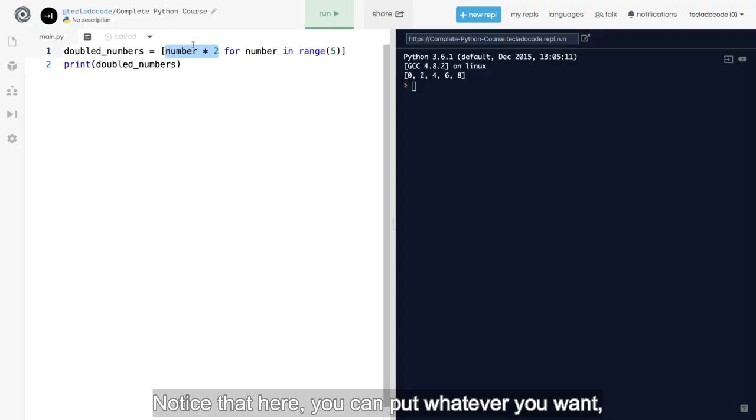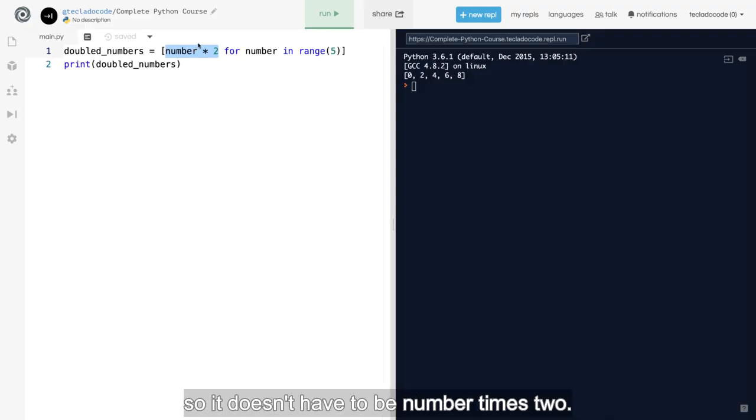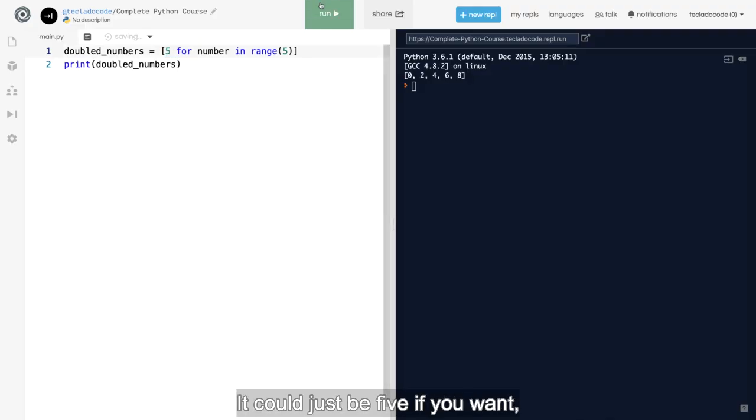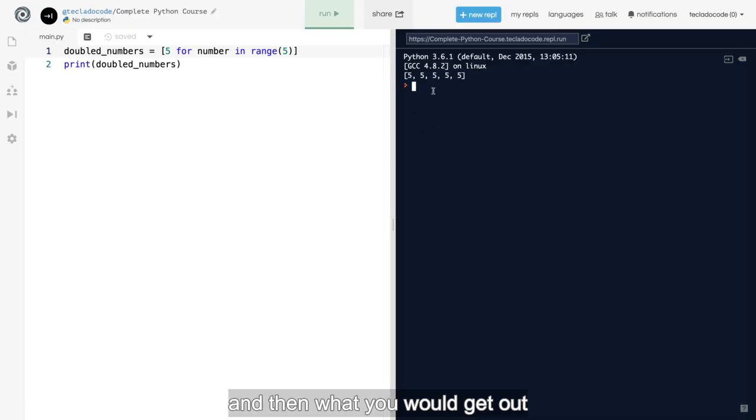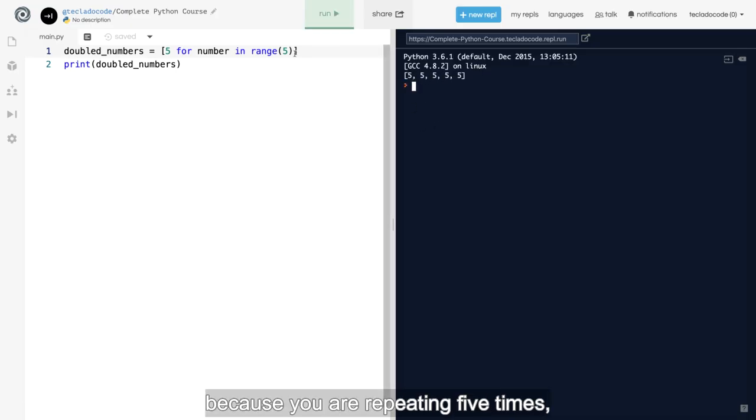Notice that here you can put whatever you want. So it doesn't have to be number times 2. It could just be 5 if you want. And then what you would get out would be 5, 5, 5, 5, 5, because you are repeating 5 times, and the value you're putting each